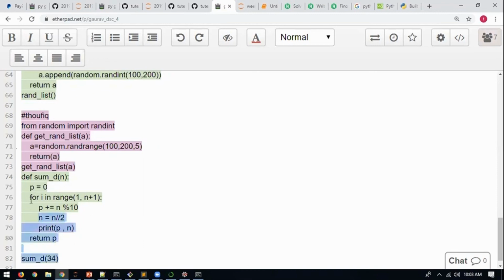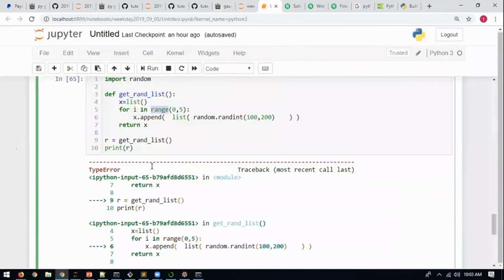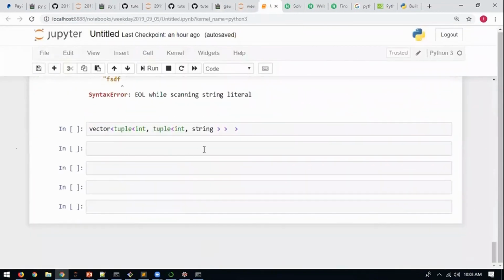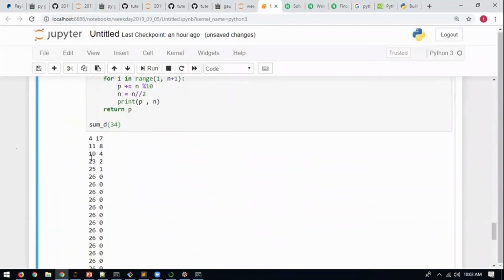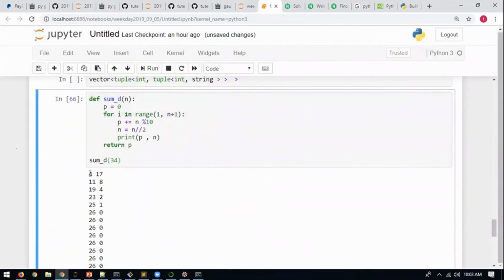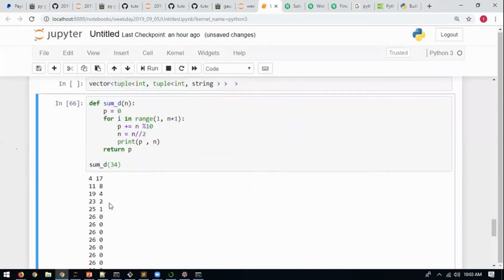See, now if I run your code with a print there, I get, okay, first time it is giving product p as 4, but the value of n is what? 17. It should have been what? 3. But it is giving 17 because it is dividing by 2. So when you put prints there, you get to know what is wrong.